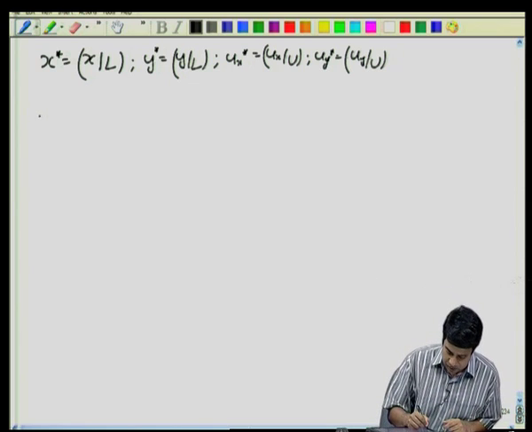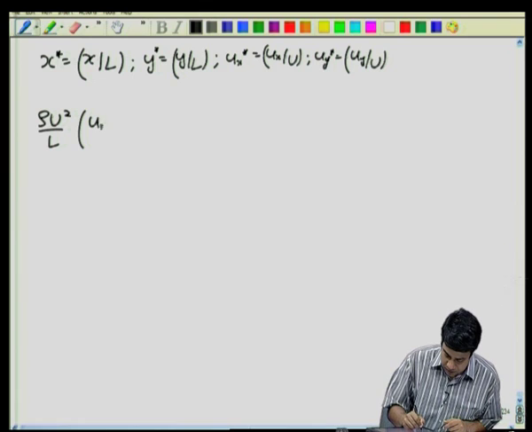What you will get is rho U square by L into ux partial ux by partial x